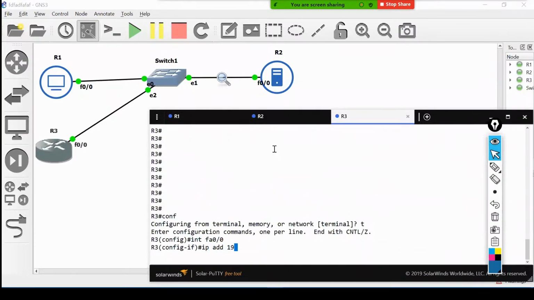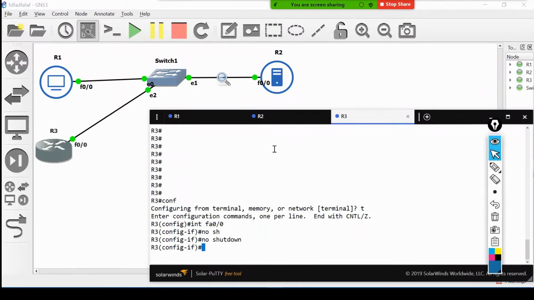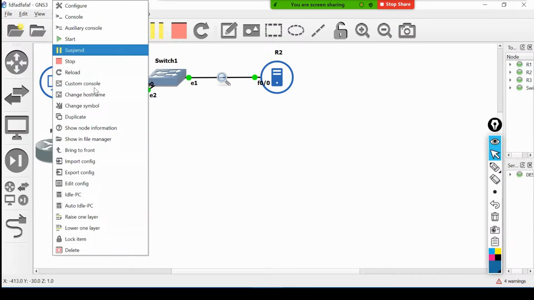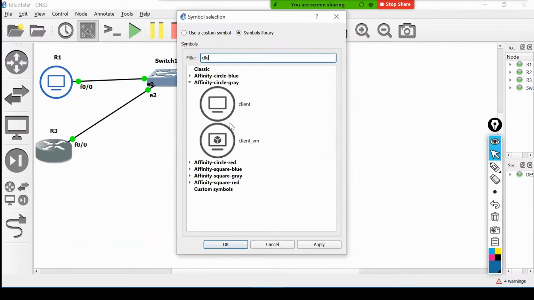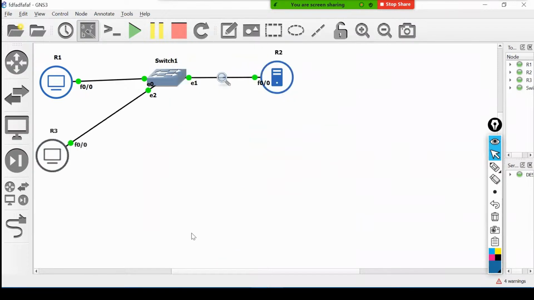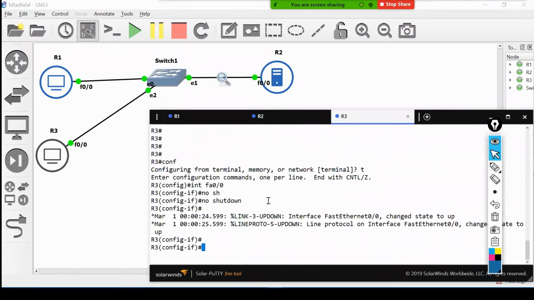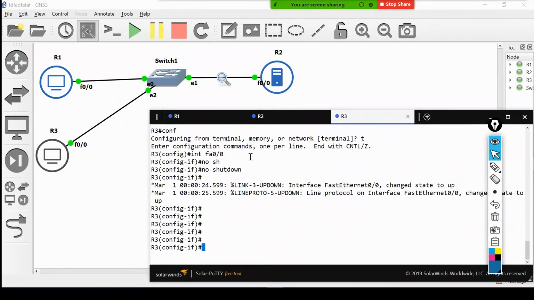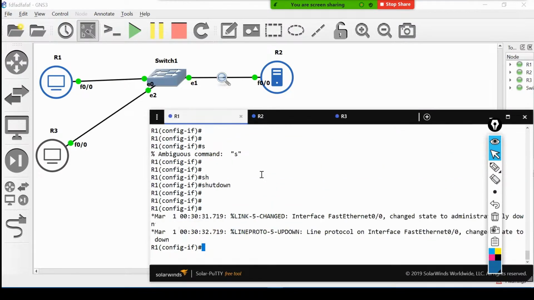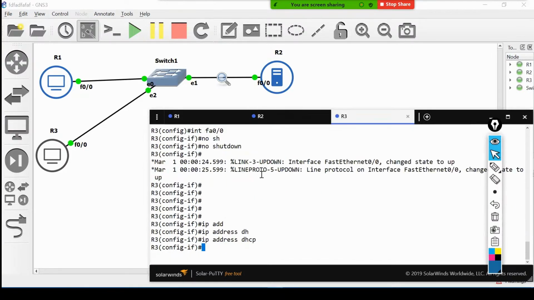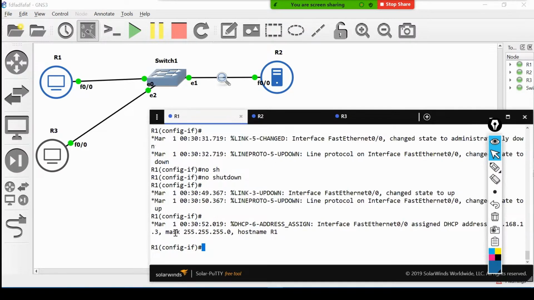Interface 0/0. Now have a look, I have captured this link, and right now there are two clients. Let's change the symbol and make this one the client. Let's set the IP address to DHCP on this one, and on this one as well. Got the IP?